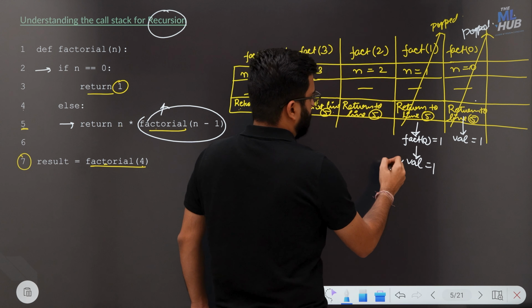Okay, and finally this will return the context at line number 5, which is 3, in order to finally calculate the value of factorial 4. So the value which will be returned over here will be n is 4 times factorial 3, which is returned from the previous call stack, 6, which is 24. So when we pop the final value which is present on the top of the stack,